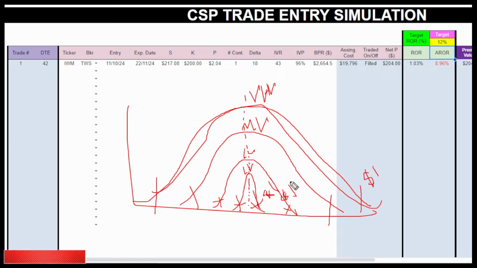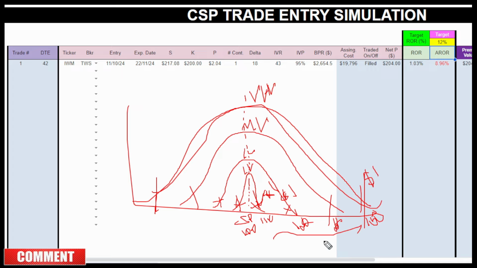Where would you rather put your strike price? At the end of the tail of this bell curve, or all the way here very close to the stock price, which is right now. If this here is 100, would you rather put your short put at, let's say, 150, or would you want to put your short put at 110, or 120, or 130? All this collecting $1. So you guys make your own conclusion, okay? So we need to live and breathe volatility,